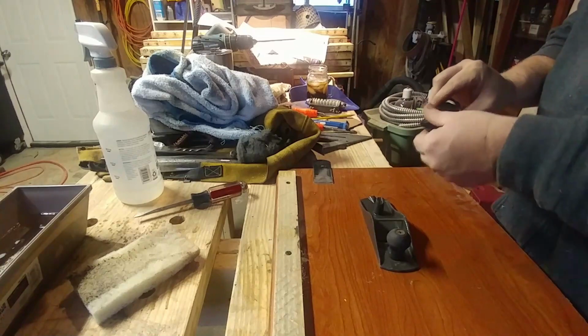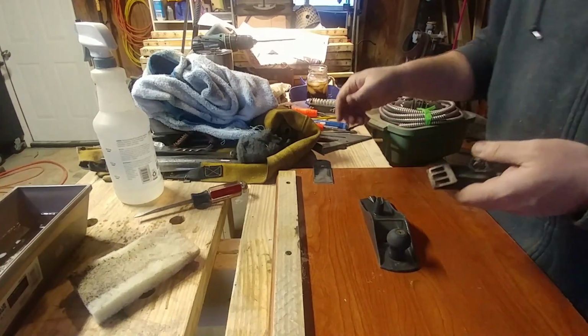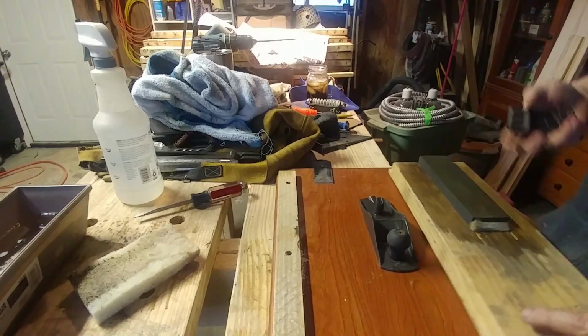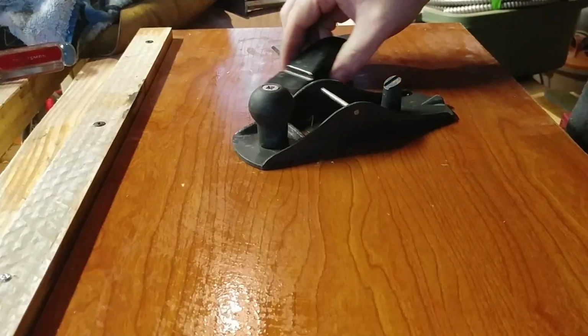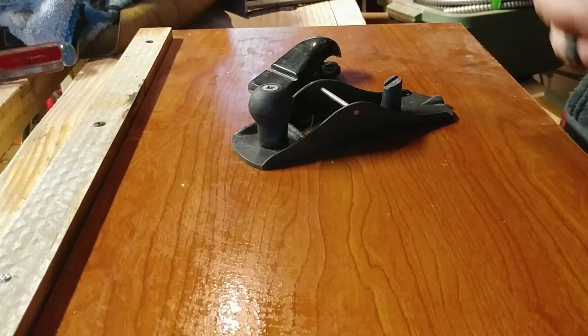So, alright, this one's really simple. It's a metal wedge slash frog kind of built in. Well, all in one. Get this cleaned up just a hair. Okay, so we're going to go ahead and put this back together. Like I said, this is a block plane. So with the block plane